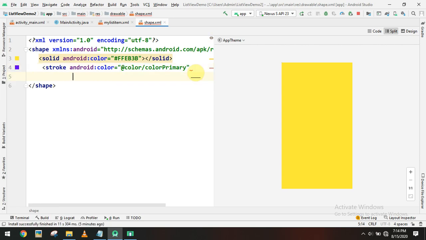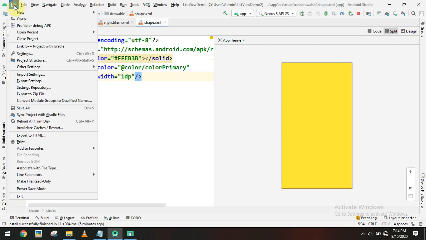Also we can set the border width, whether it is 1 dp or 2 dp. So that's all. After creating this shape.xml, we have to link the shape.xml to the background of our list view.